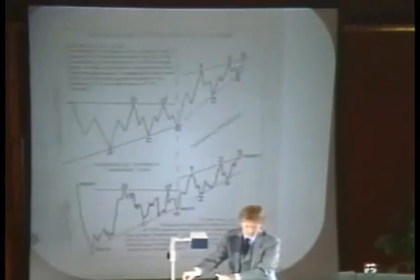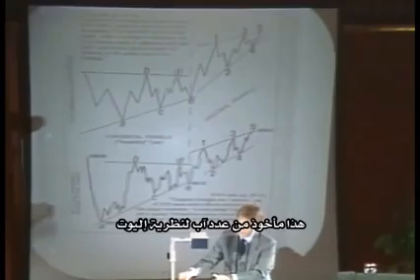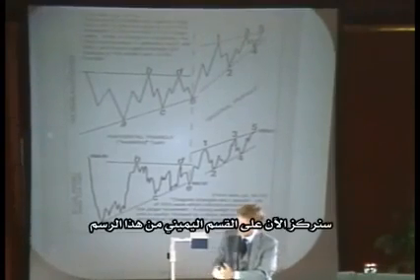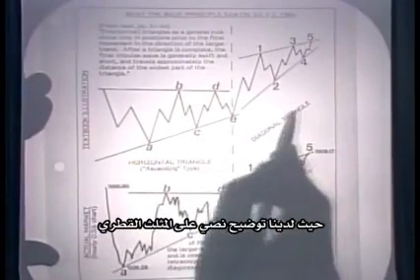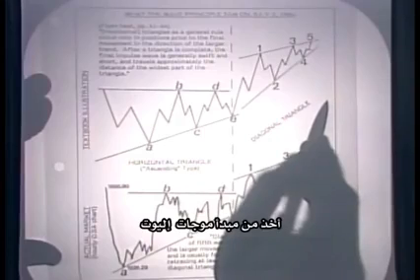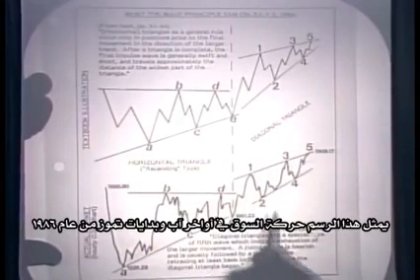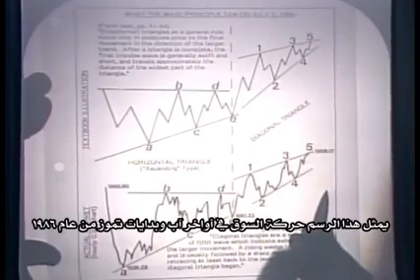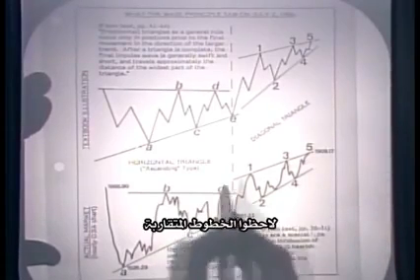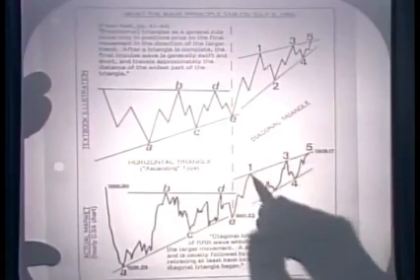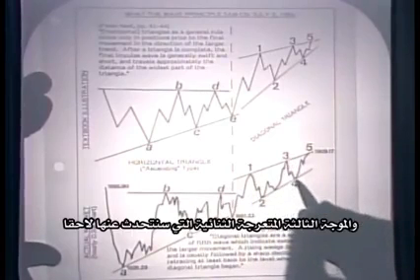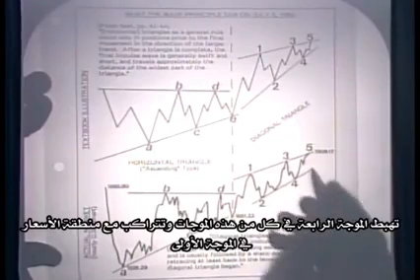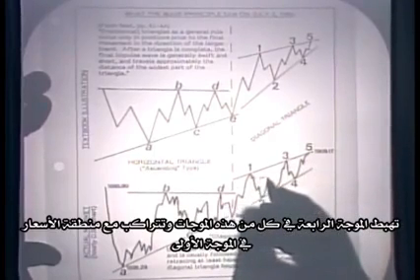Let's flip ahead to page 213. This is from, I believe, the August issue of the Elliott Wave Theorist. What we're going to concentrate on right now is the right-hand portion of this chart. Here's a textbook illustration of a diagonal triangle, taken from Elliott Wave Principle. Here was the market action in late June, early July of 1986. Notice the converging lines, the 3-wave structure. Wave 3 here is a double zigzag. We'll talk about those later. In each of the waves, wave 4 comes down and overlaps the price territory of wave 1.